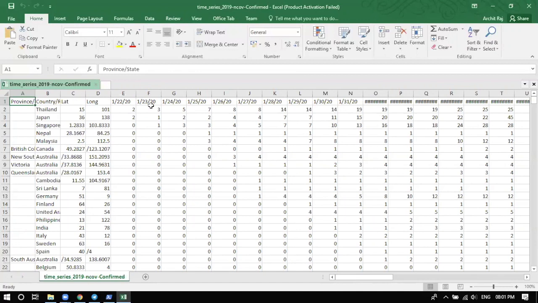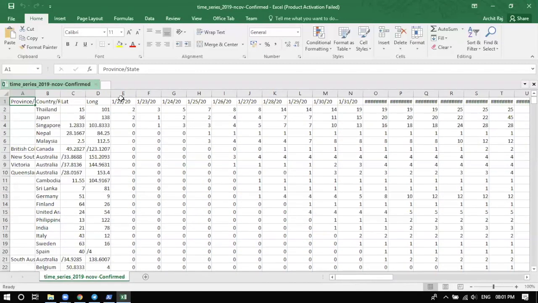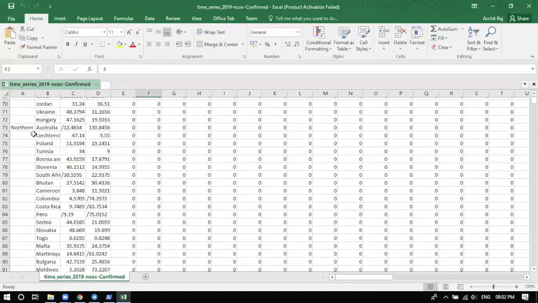data set and then try to find out for what all days more than 70% of the countries are virus free. It means you can see for this particular day, Thailand has two cases, Japan has two cases, Singapore has two cases, Nepal has zero. So you can see all the countries which have zero cases. Now I want you to find out for which all days, like for 22nd, 23rd, which all days more than